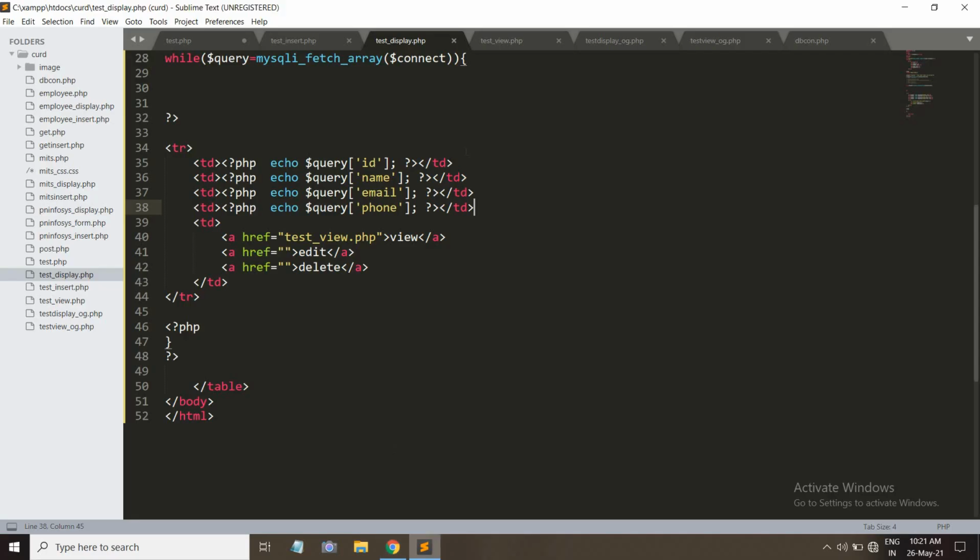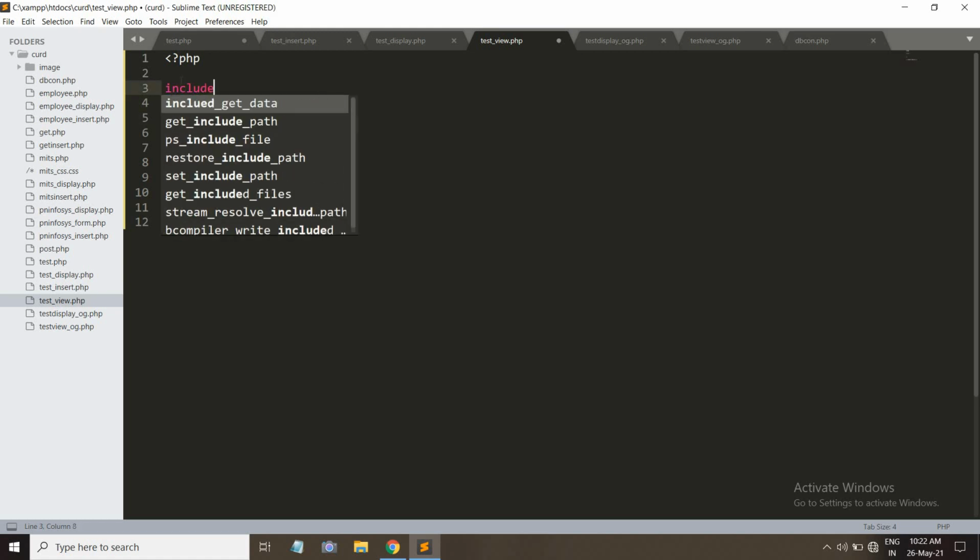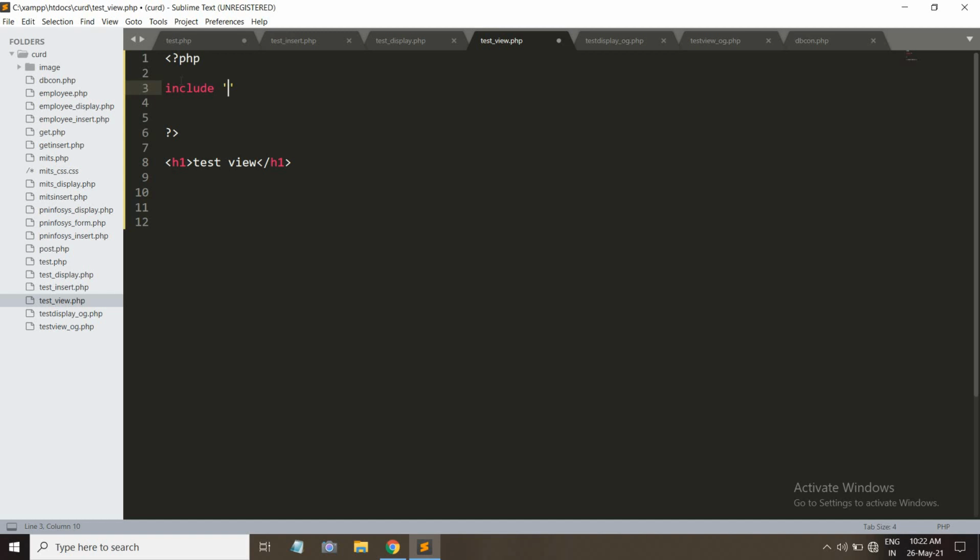Now the purpose of the view is to display data, right? Whose data? The ID on which we click, then the whole data should get displayed. For doing that, we know for retrieving data we use a select query. So we should move to that step. Step one is to do the connection, so for that we will include our